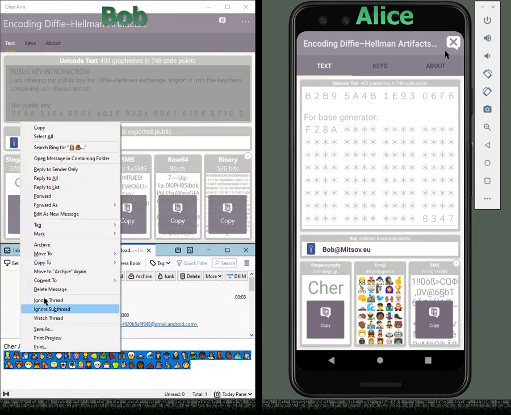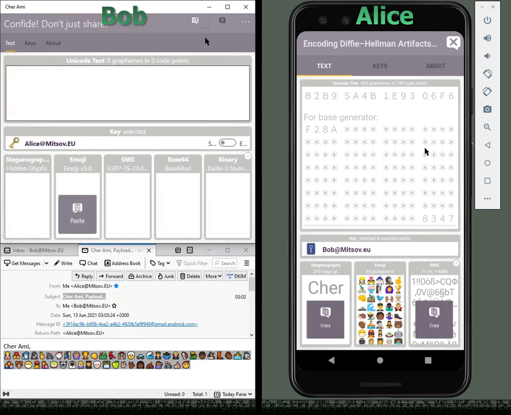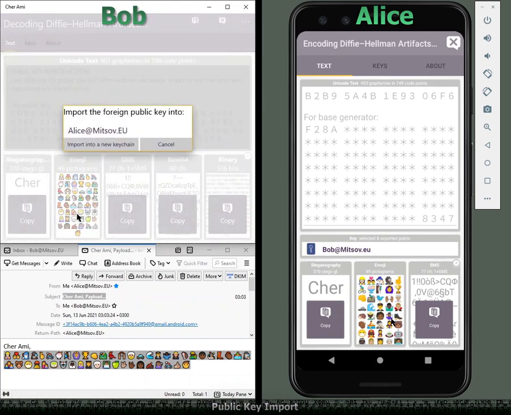Bob copies the content of the received message from Alice and returns to Share.me. His new clipboard content is automatically detected and the corresponding slot offers the option to paste. The import phase begins. Bob clicks on the available paste button in order to enter the payload. It quickly populates to the text editor and all other slots. The meaning of their contents is equivalent, but they look different because of the different encodings. For various technical, aesthetic or other reasons, Bob may have received Stego, SMS, Base64, or binary for the same purpose.